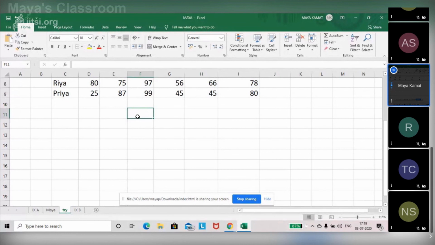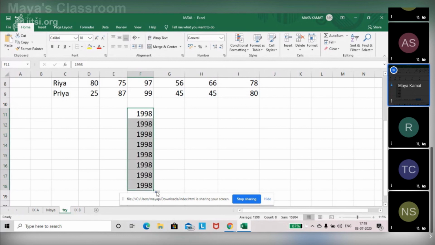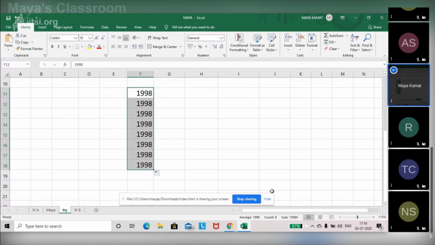For example, if I type the year 1998 and I want to go from 1998 to, let's say, 2021, I just have to pull the fill handle down and it will automatically show me the rest of the years. How? Just click on this option, autofill options, fill series.